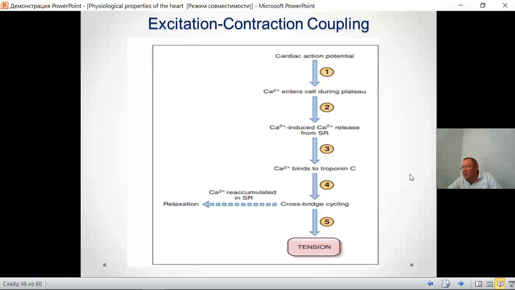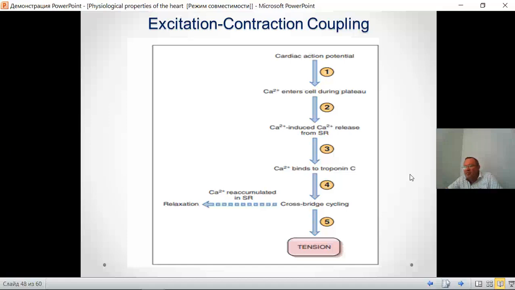Calcium ions now bind to troponin C. Tropomyosin is moved out of the way, and the interaction of actin and myosin can occur. Actin and myosin bind, cross-bridges form and then break, and thin and thick filaments move past each other,